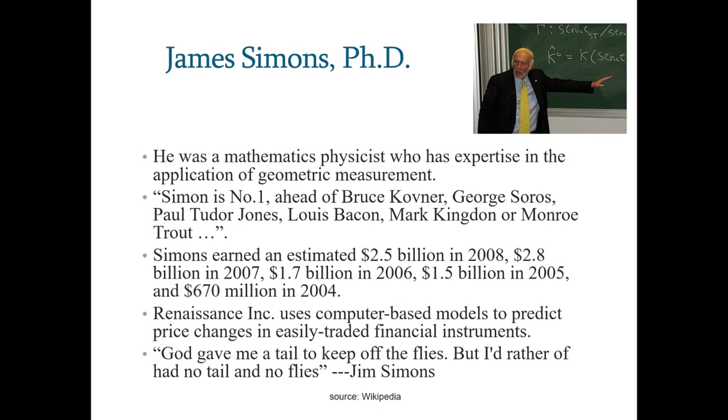delivers a tremendous amount of return for their investors. Dr. Simons, as the owner of Renaissance, makes a huge amount of return for himself. Back in the year 2008, he made 2.5 billion US dollars. I mean, remember what happened in the year 2008. In 2008, the financial crisis hit the market, and a lot of investment banks went bankrupt, and the entire market was in a chaotic situation. But Dr. Simons made 2.5 billion US dollars. 2.8 billion in 2007, 1.7 billion in 2006, and so on and so forth. So basically, every year he makes more than 1 billion US dollars for himself, right?